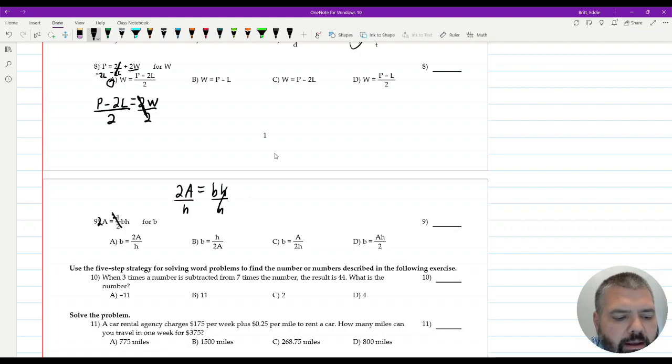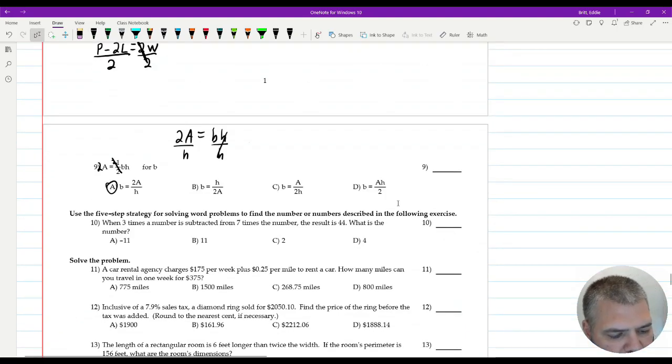So B equals 2A over H. Okay. Number 10, this wants us to write an equation and solve. So it says when 3 times a number is subtracted from 7 times a number, the result is